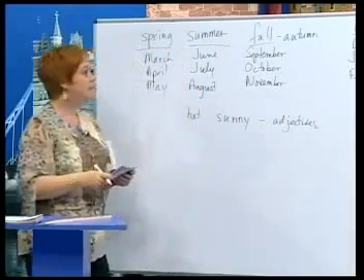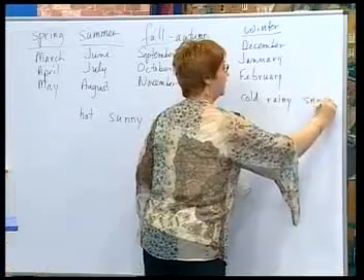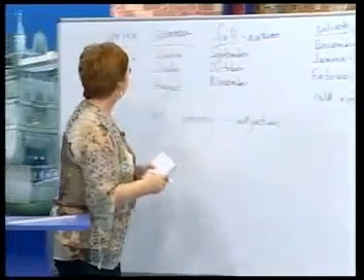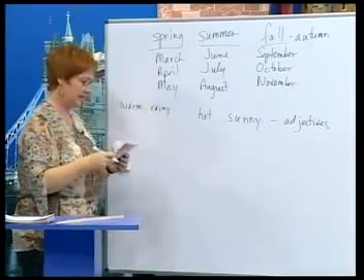Now, Susan, what is the weather usually like in the winter? In the winter, the weather is usually cold and rainy. Sometimes it is snowy. Yes, okay. And Ali, what is the weather like in the spring? It is sometimes warm and rainy in the spring. Okay, it could be warm and it could be rainy in most places.